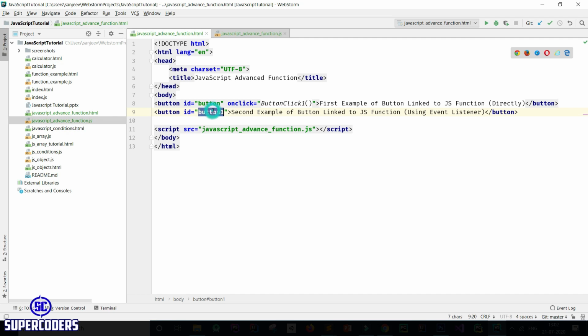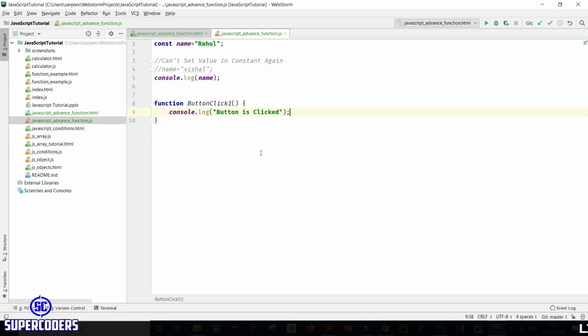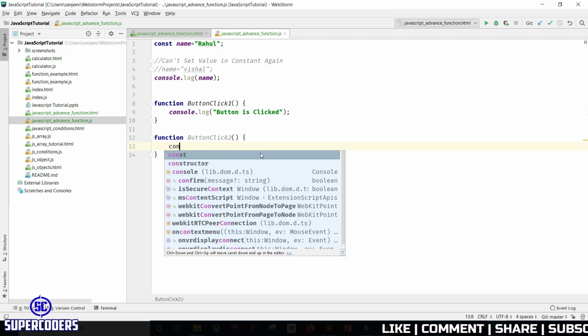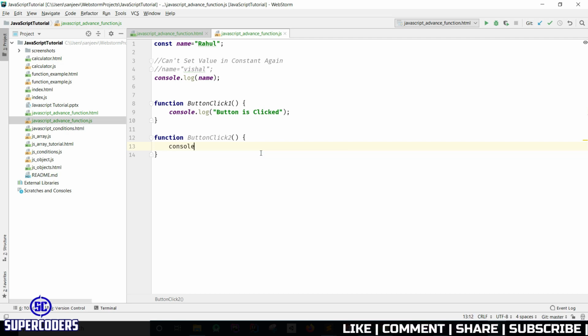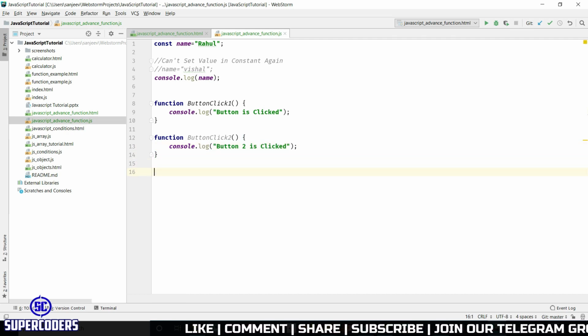Now let's see how you link this button to JS function. So copy this ID and come back here and creating a function button click 2, console.log button 2 is click. Now let's link the button to function.